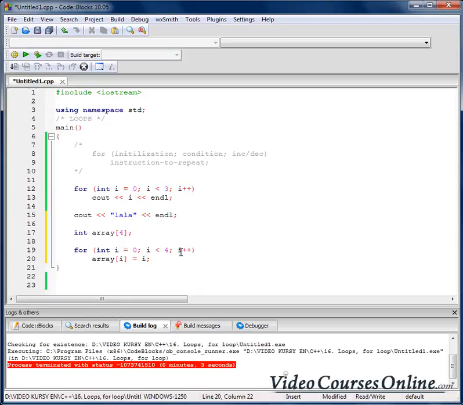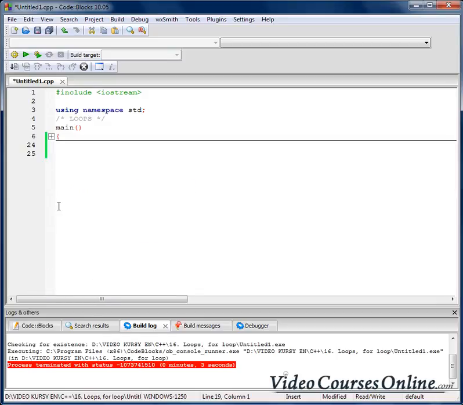So when i is 4, that condition is not met, because 4 is not lower than 4. And right now we can also, for example, send to the output